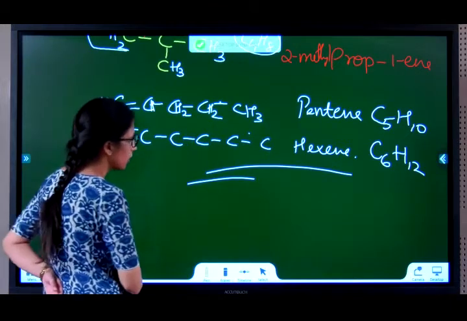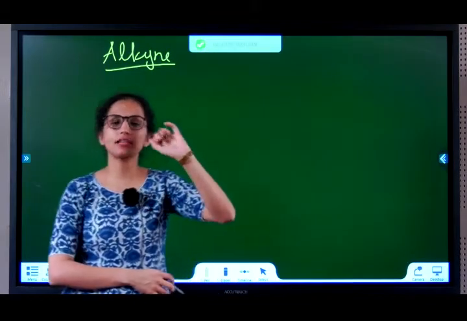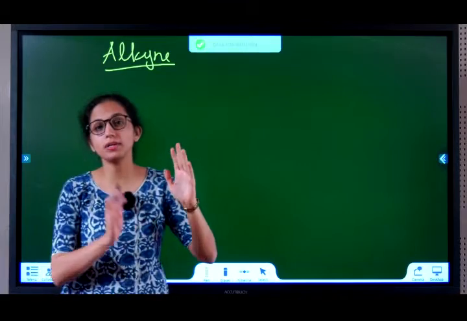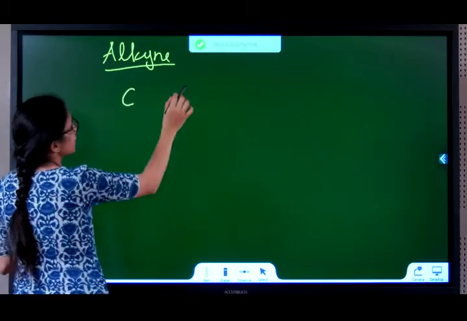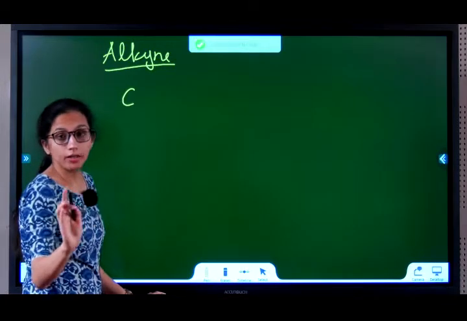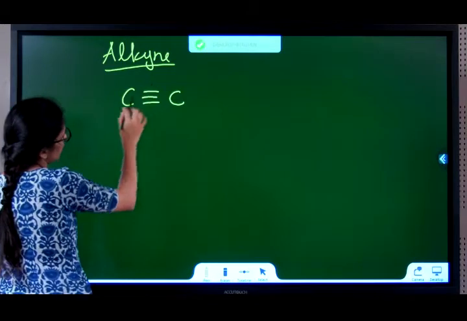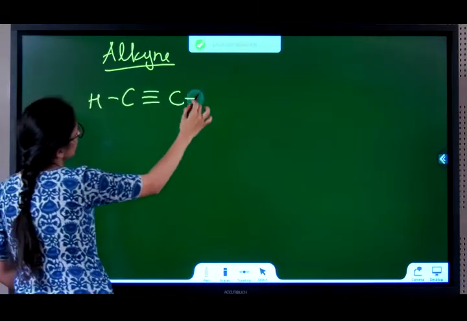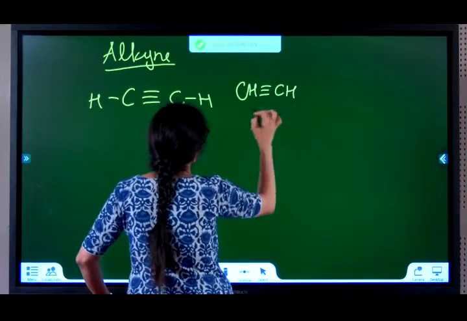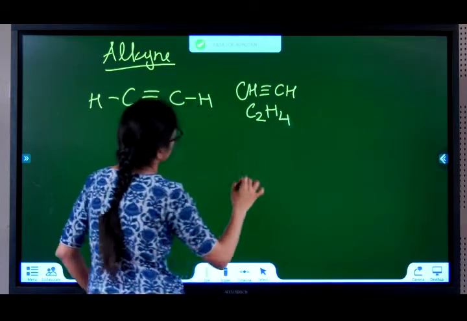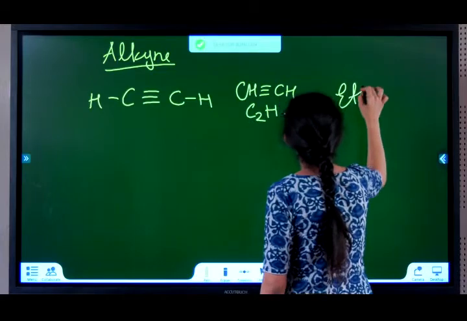Fine? Okay. The next series, alkyne series. Alkyne series means there should be at least one triple bond between two carbon atoms. So you need a minimum of 2 carbon atoms. So therefore the first member is ethyne, not methyne. There is no methyne. So 2 carbon atoms with triple bond. It needs one more H, it needs one more H. Or you can write it as CH triple bond CH or C2H4. Sorry, C2H2. All of this is ethyne.